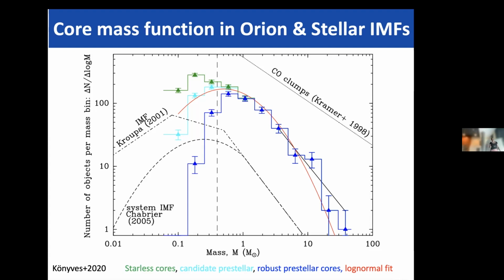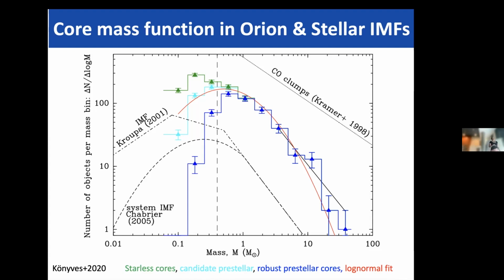And this is important in the context that we want to understand how the core mass function maps into the stellar initial mass function. And so the stellar initial mass functions are now indicated here for different models. This is the Kroupa IMF from 2001. So this is from Pavel Kroupa. So you see that, and this is the Chabrier IMF. You see that they both agree on the high mass end. So this is the typical Salpeter slope. So basically everything beyond 1 solar mass or so is typically Salpeter slope, and we think that this is